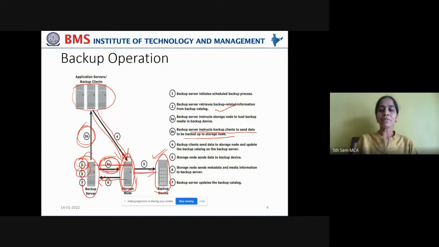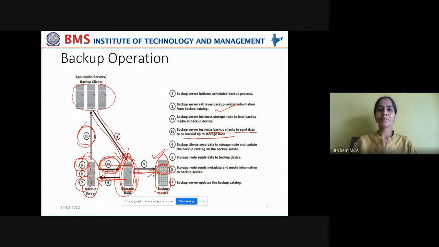So where this backup data is saved, what is the location where the backup copy is saved for this particular data, that information along with the media information will be sent as additional information back to the backup server by the storage node. And after that, the backup server updates the backup catalog, and that is the end of the